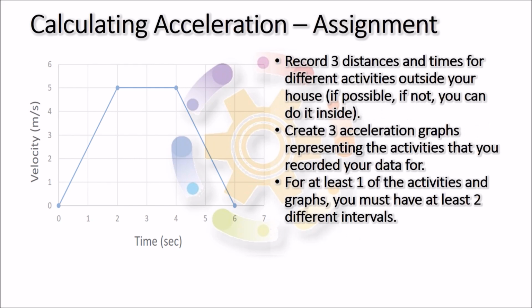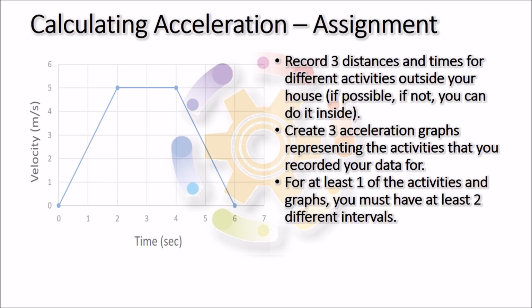Now for your assignment. So for your Part 2 assignment, you are going to record 3 distances and times for different activities outside your house. If you're not able to go outside, you can do it inside as long as you get in touch with Mr. Beckwith and get it approved through him. All right. In this case, we're going to create 3 acceleration graphs representing the activities that you've recorded for your data. At least one of those activities and one of those graphs, you need to have at least 2 different